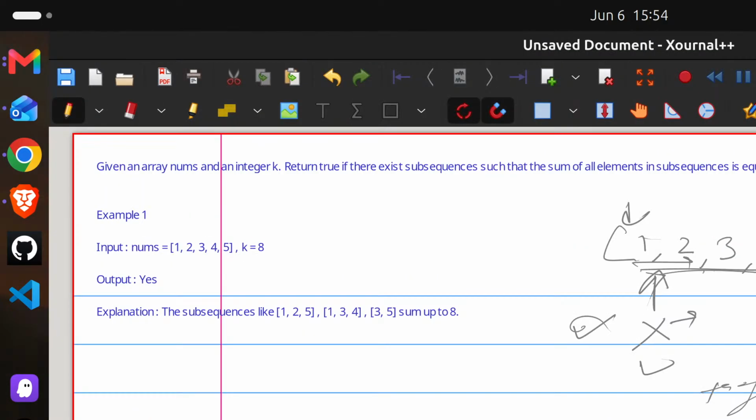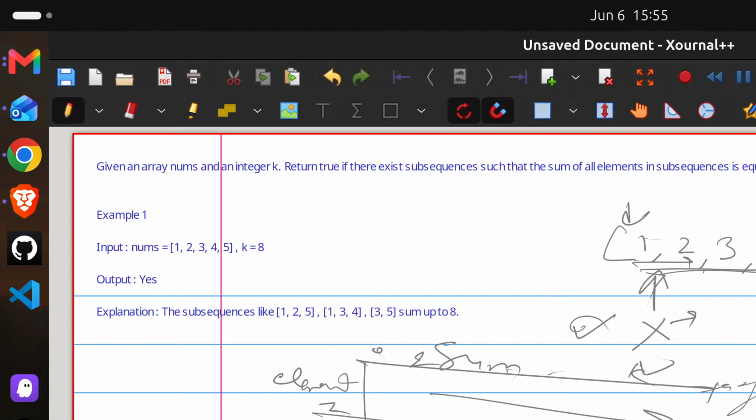We can have elements here, and we can have the sum here, right? Sum 0, 1, up to k. With element 1 we can achieve it or not, with element 2 we can achieve it or not, like this. So take, don't take, we will do that also. But okay, we will define the DP and then